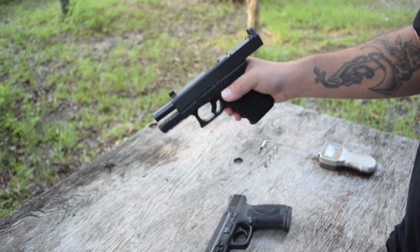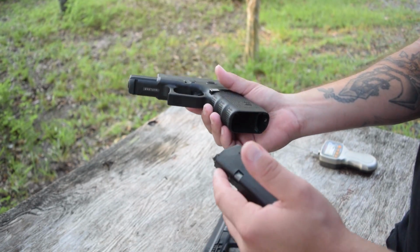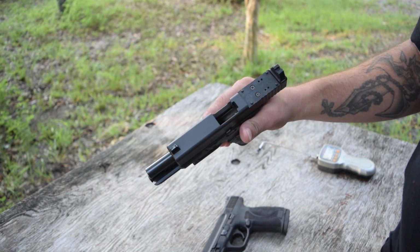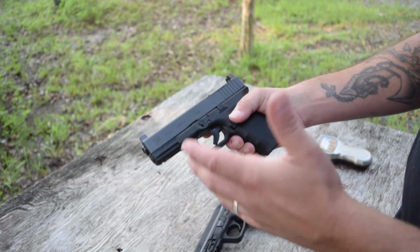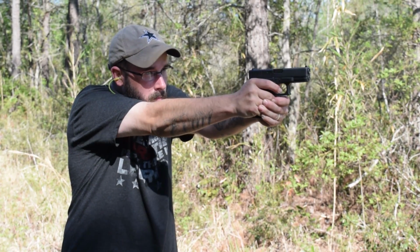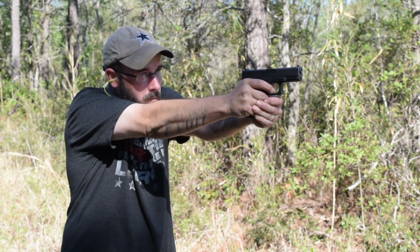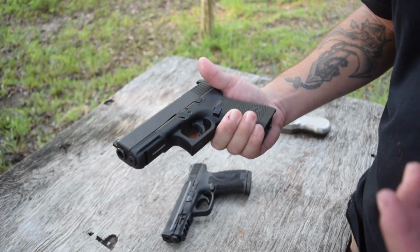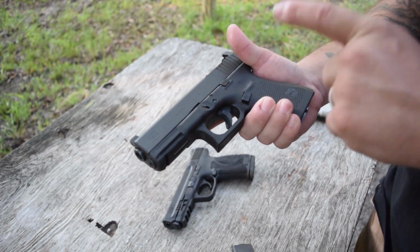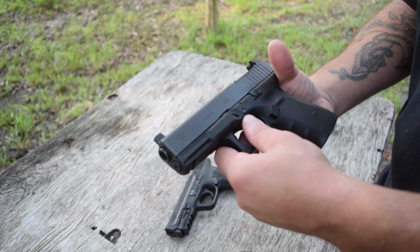It's just not as responsive as the M&P, and I don't really like that. I like my magazines to pop out and get out of there so I can get a fresh one in. The slide stop is a little bit smaller than the M&P, not a problem there though. The grip texture compared to the M&P is not nearly as rough as what I like. Whenever you start shooting and sweating and all that, you can feel this slipping around and readjusting your hands a